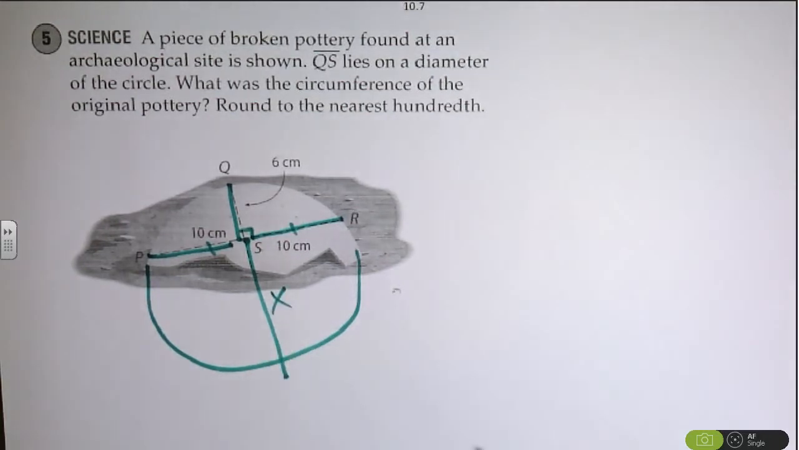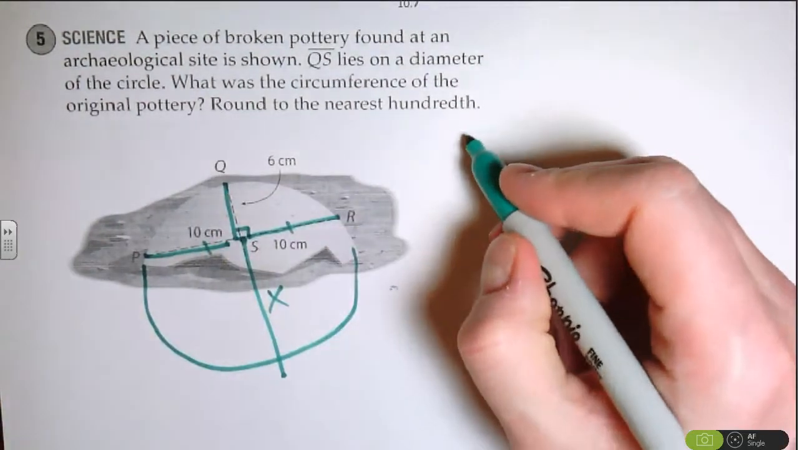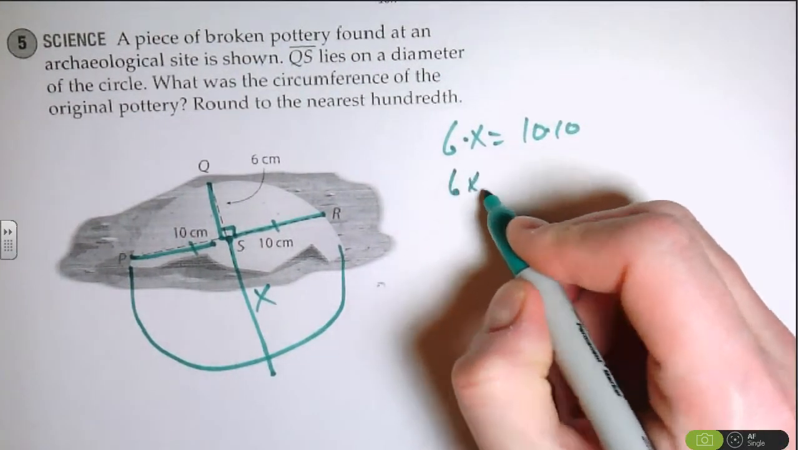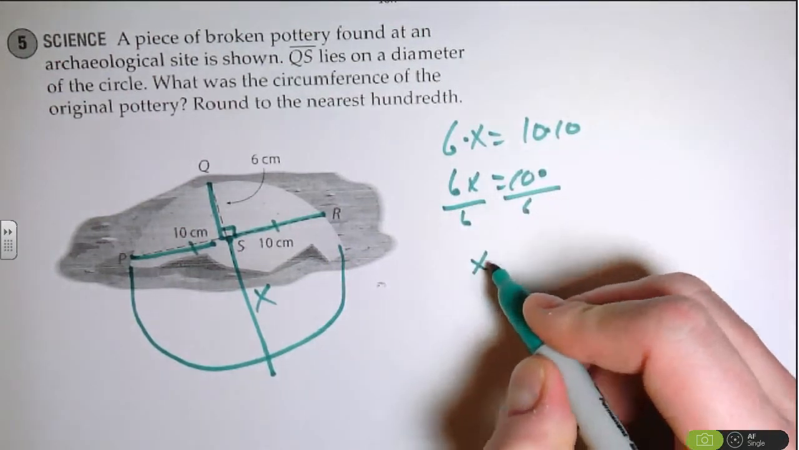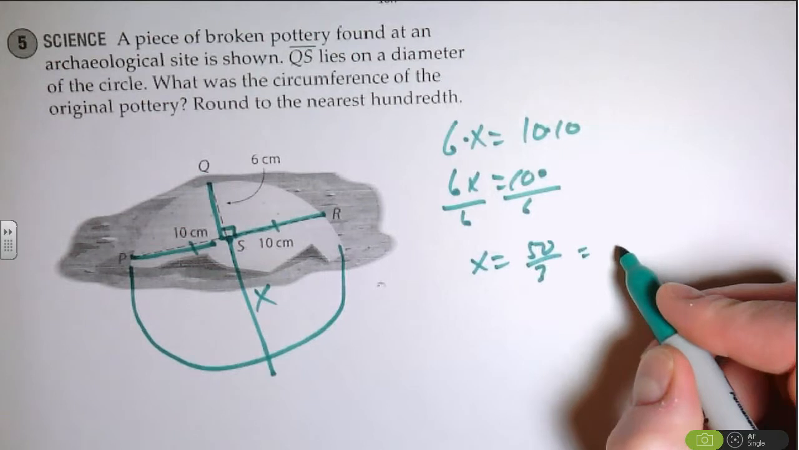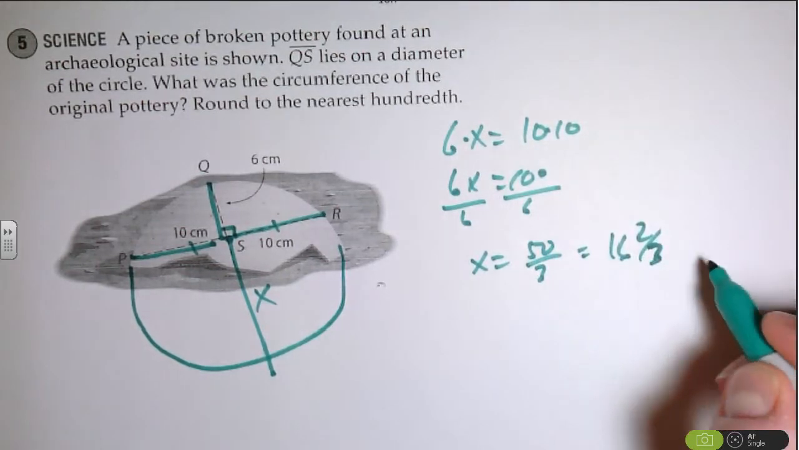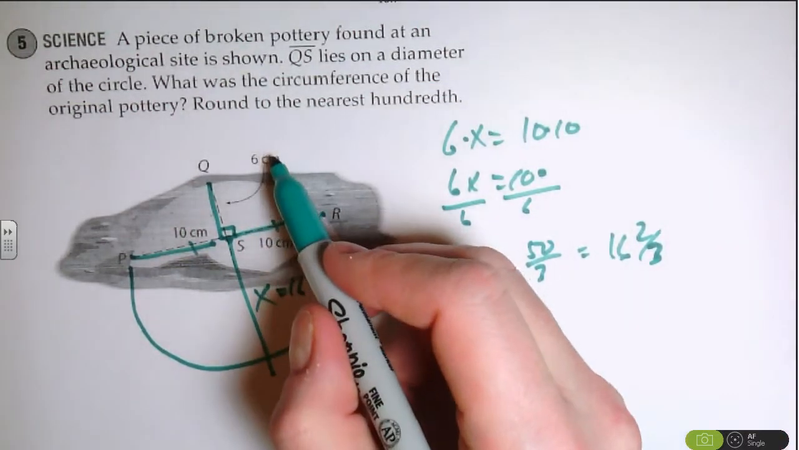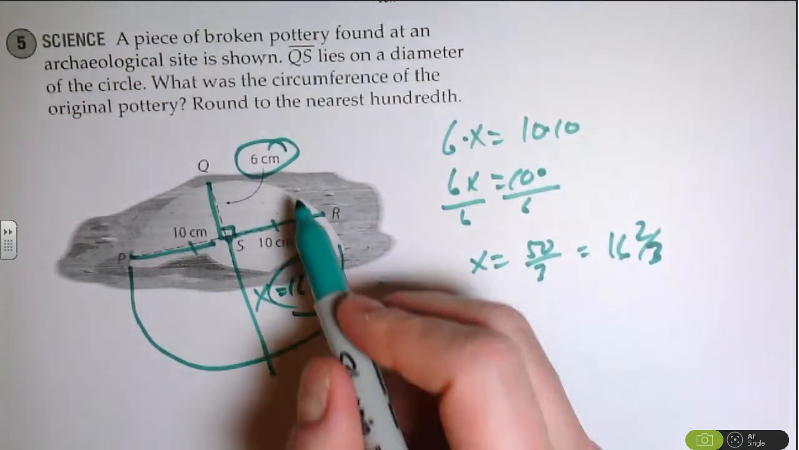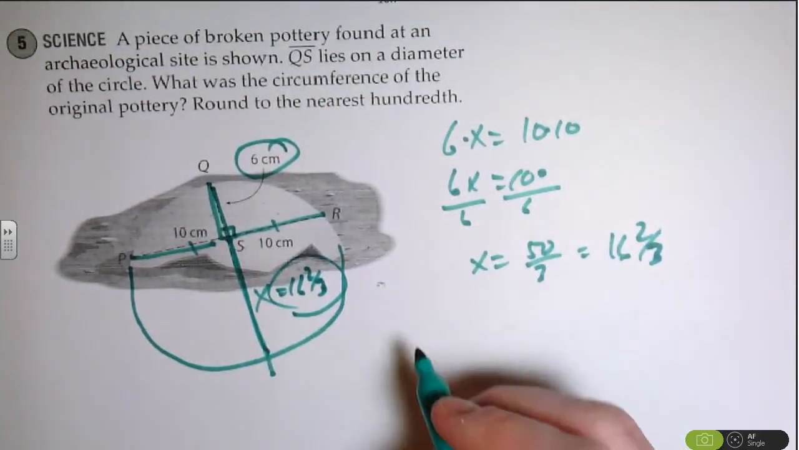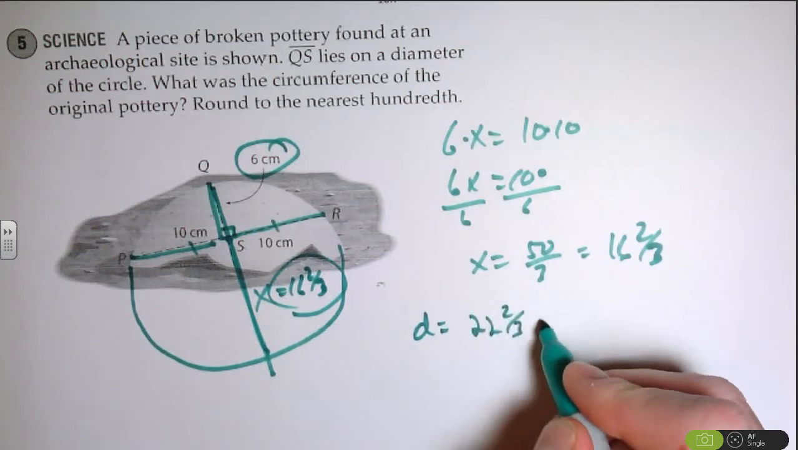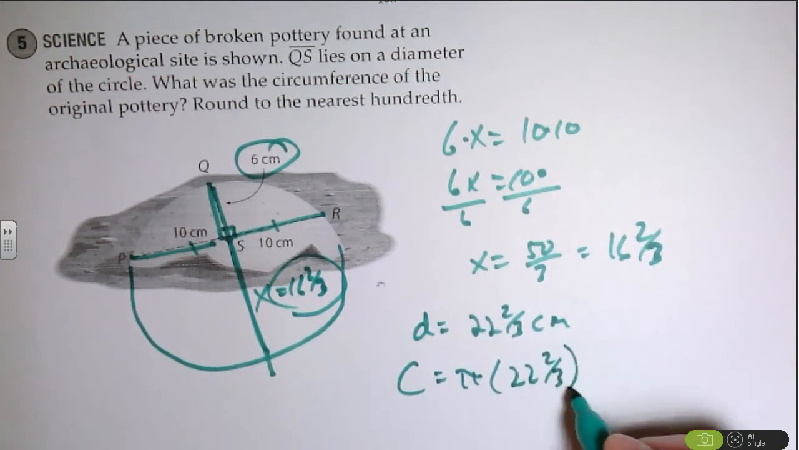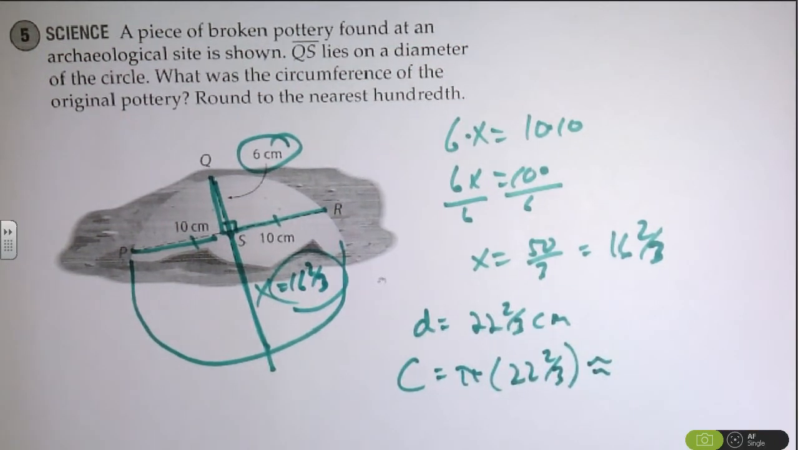I'm going to call this x, and I'll say 6 times x equals 10 times 10. So 6x equals 100, divide by 6. X equals 50 over 3, which is 16 and 2/3. Now I can add 6 to it, and I get the whole diameter, because this segment is the diameter. So the diameter is 22 and 2/3 centimeters, meaning the circumference is pi times 22 and 2/3, which is approximately